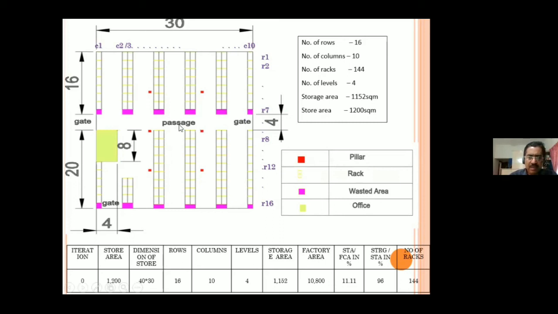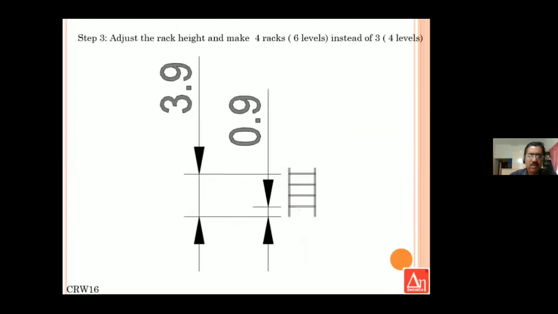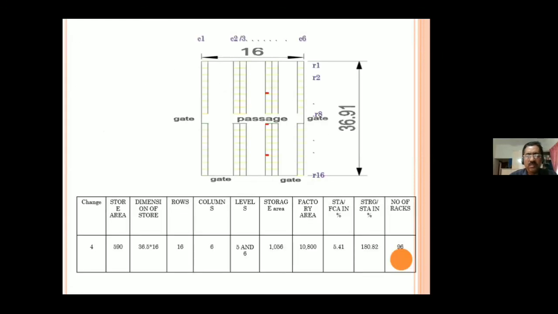Now, if you see the last step, what we have achieved is that it's now reduced to hardly 16 meter by 36 meter. So you have reached 590 square meter. So however much the forklift runs, it can never run for more than 2 kilometers. Okay. So one time it will run here, it will get all the 20 meter heavy material. 2-3 times it runs here, all the material can be retrieved from this passage. So your forklift running is minimized. The time required to retrieve material is minimized. The manpower required to retrieve material is minimized.